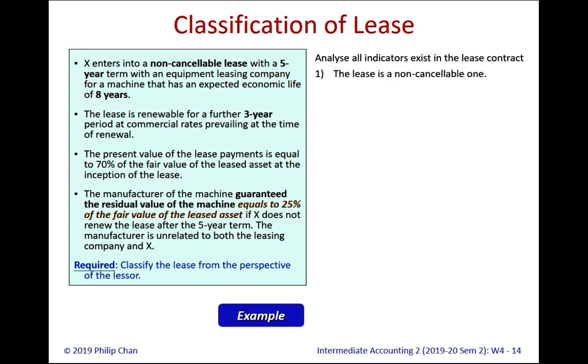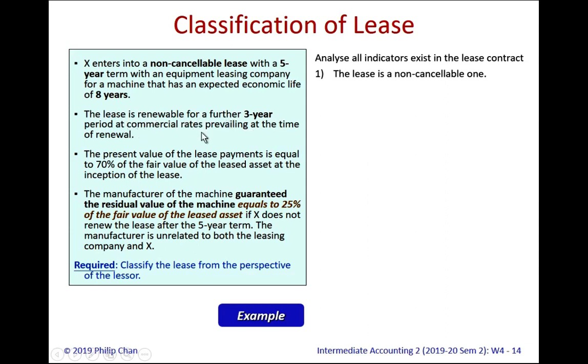In fact, the lease is a non-cancelable one, so we satisfy the prerequisite indicator. And so what we need to do now is, if we can find out one more indicator out of the remaining 7, we can then classify the lease as what? Finance lease. Next, the second bullet point, we know that the lease is renewable for a further 3 years period